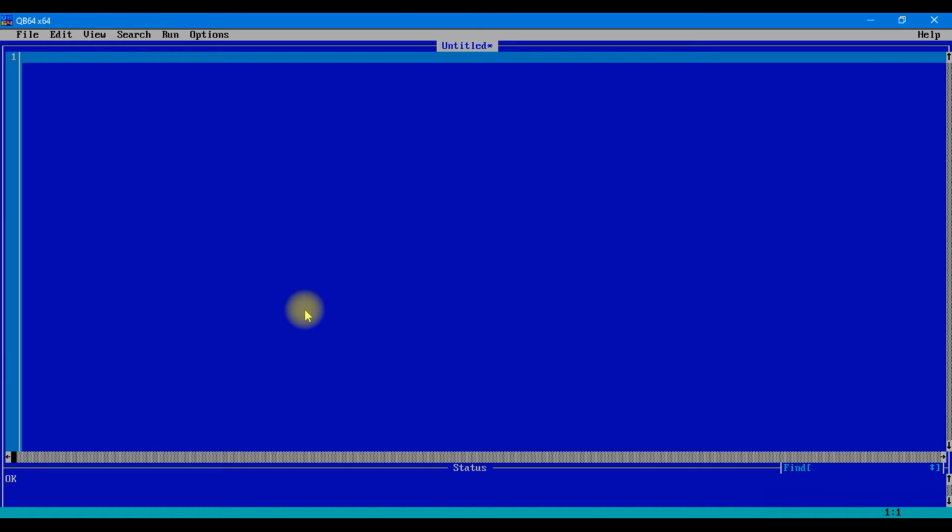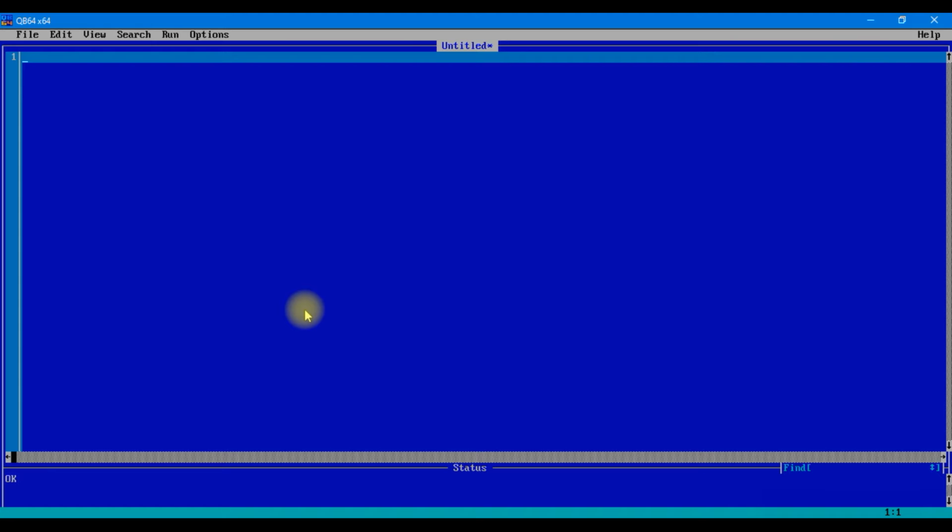Now what is the screen statement? Usually without this screen statement we won't be able to run any kind of graphical work. I need a place to draw my picture, right? You always need a paper to draw a picture. Similarly in QBasic we need a screen to draw a picture. Without a screen we won't be able to draw a picture, and therefore we will be using the screen statement.